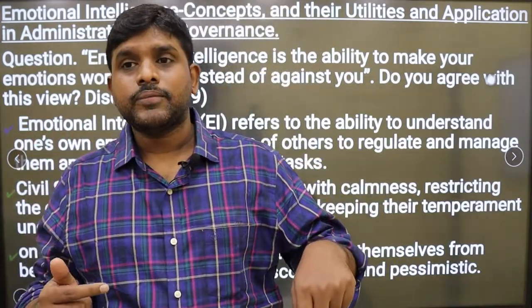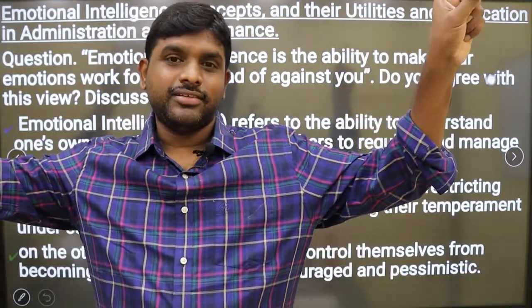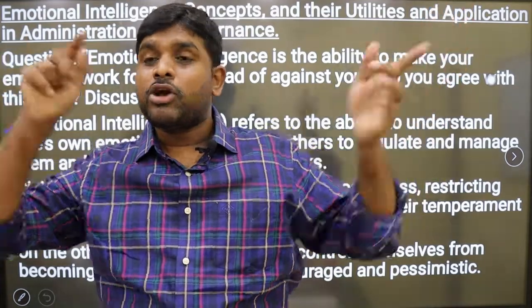Ashok Khemka, IAS officer. If he thought that these people are doing transfer to me, I will put the case in Central Administrative Tribunal, or I will take action against them, or I will resign. Who will be at the loss? Means he is emotionally intelligent. They are transferring him, he is going, but he is working with his values. He is consistent with the values, because of which he became popular India-wide. He became popular because of his values, consistency with the values. Emotional intelligence.